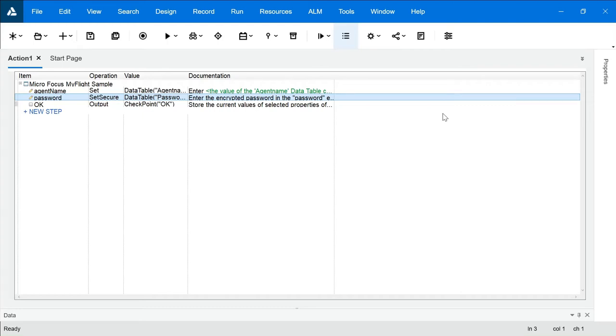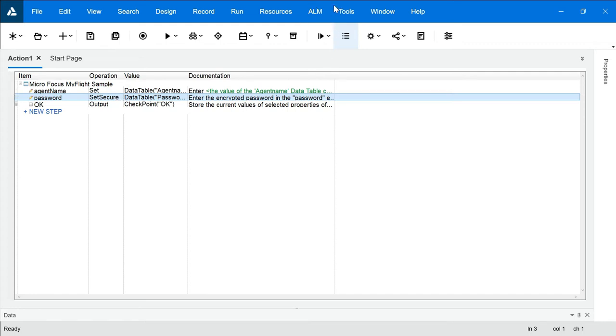Hi, in this video we're going to understand how to export and import repository objects. So first of all, we will be exporting the objects. In order to export, first of all, you must have some recording over here. You can go ahead and record one of the sample test case. Like in my case, I have recorded this particular test case.